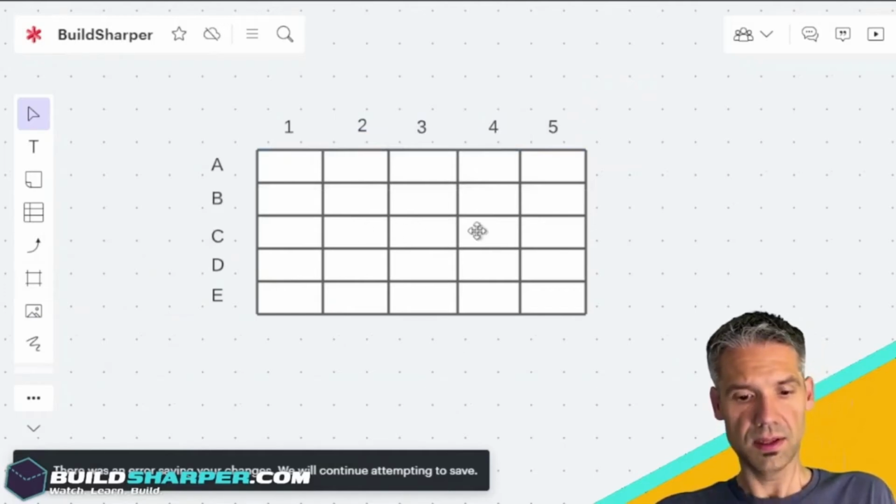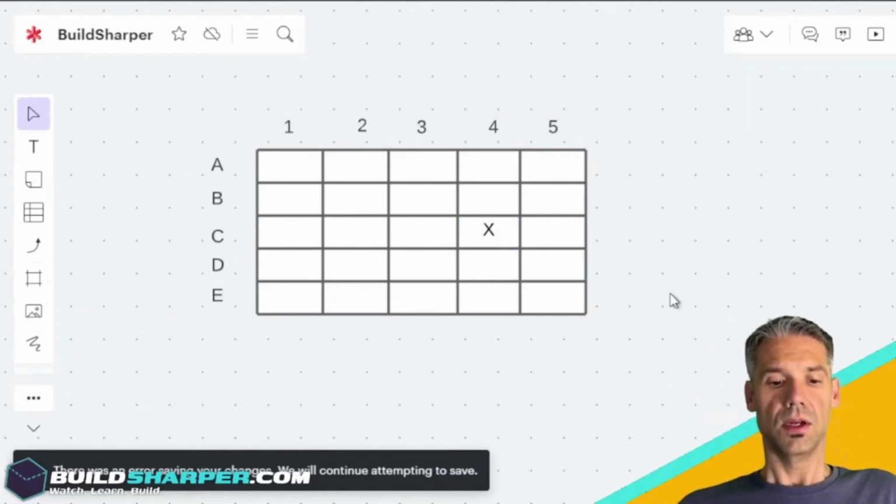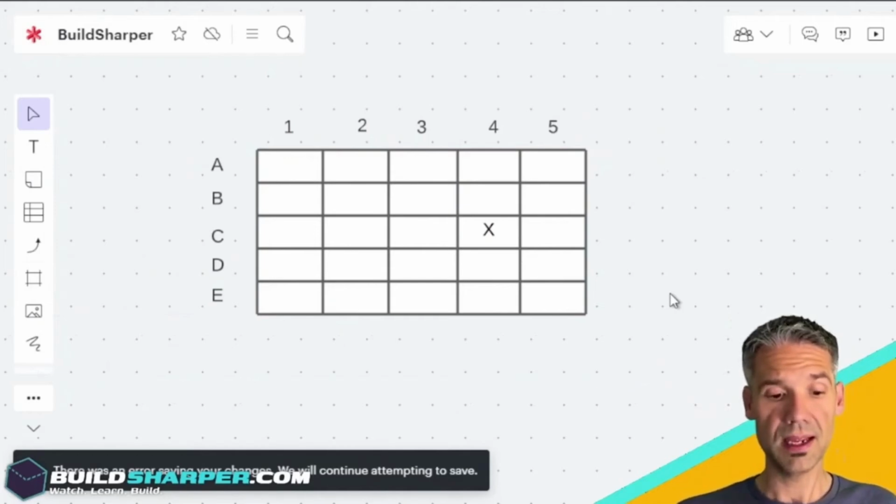And let's say we have a ship here. So if I were to have an accurate guess of where this ship might be, if I guessed C4,